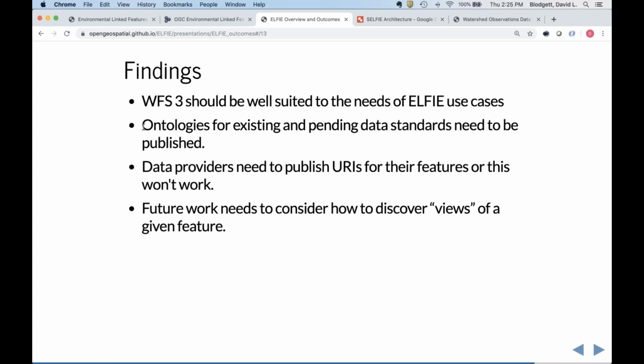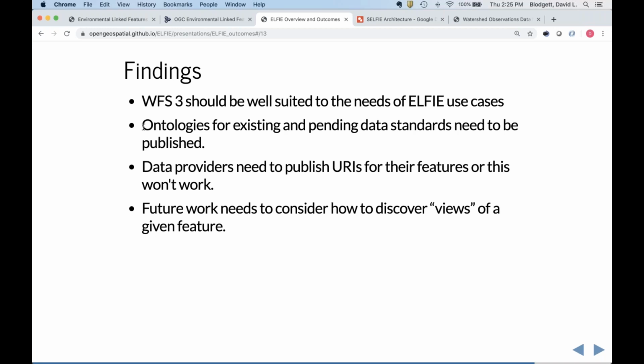make a lot of progress on some chicken and egg problems. The ontologies for a lot of these data standards that are in, say, UML and maybe in XML schema, they've not been published for use in linked data. And we're working through that list of data models and ontologies that need to be published so that we can reference them in linked data, but that's work to do.